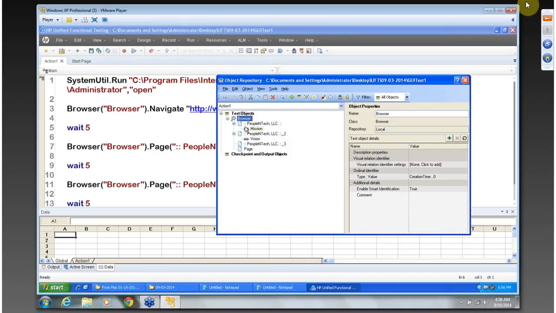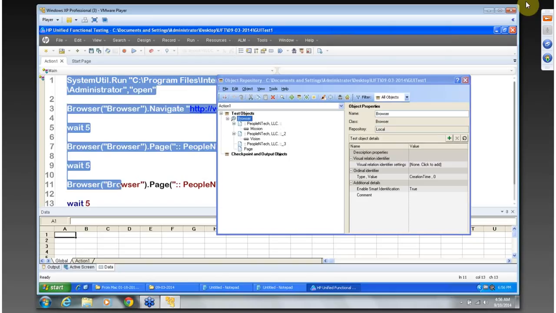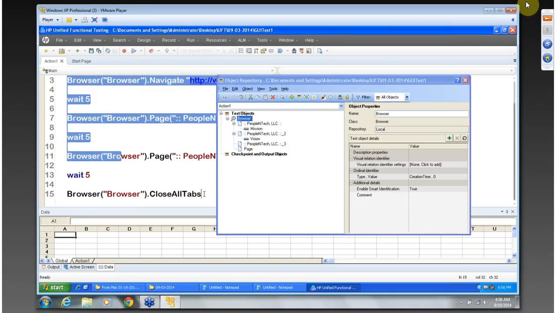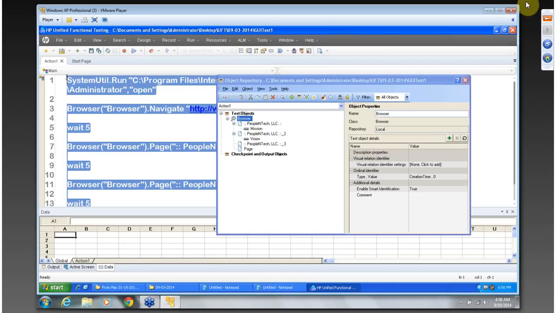Right? We have tested many times that without this object repository, these lines of code don't matter. In record and run, all of these lines don't count if you don't have this object repository, right? You know that. Okay, so